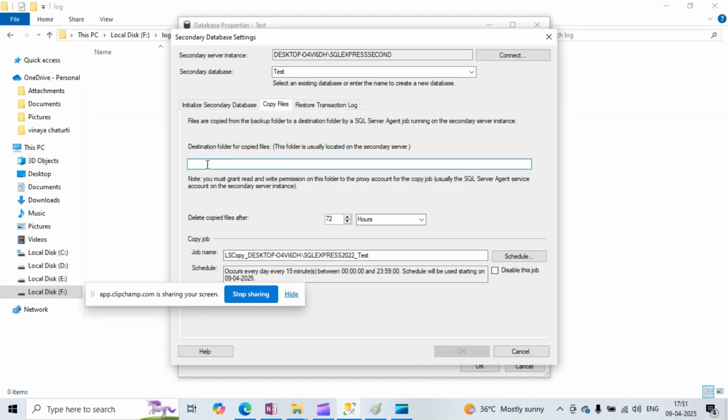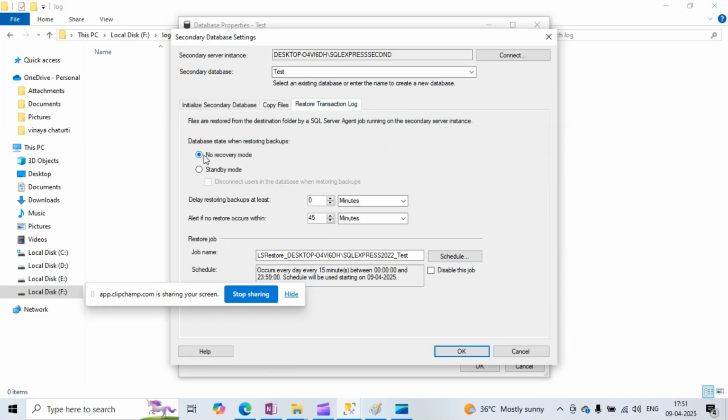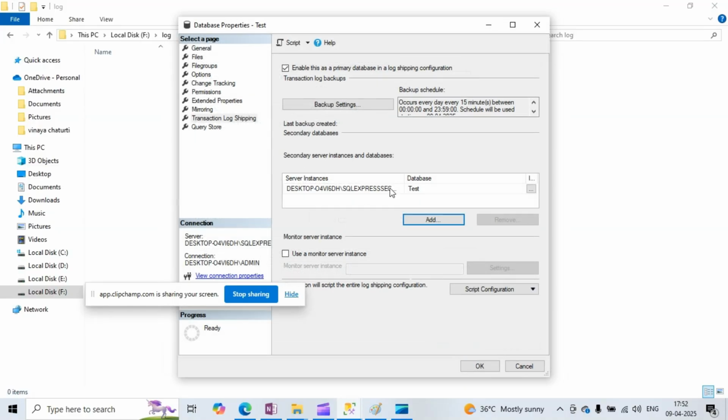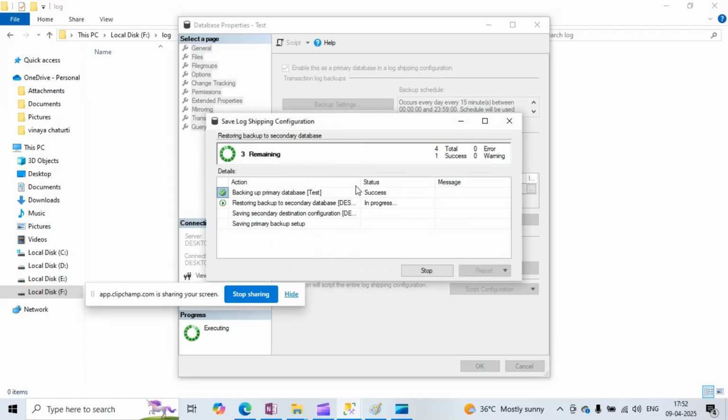Okay, here I have provided it, and the log shipping delays copying files by 72 hours, and we can schedule it. And there are two things in restore transaction log: two modes. One is no recovery mode and the other is standby mode. In no recovery mode we cannot read the database. In standby mode, we can read the database. I just selected standby mode as of now, or we can go with no recovery mode. I have not used a monitor server instance. Click on OK, and let's see